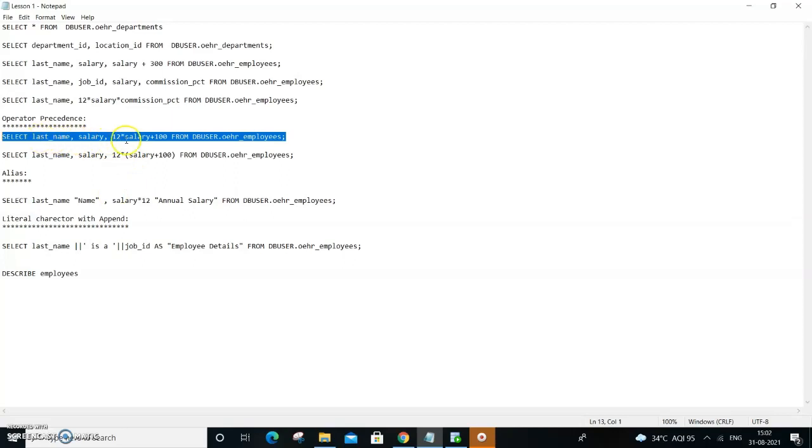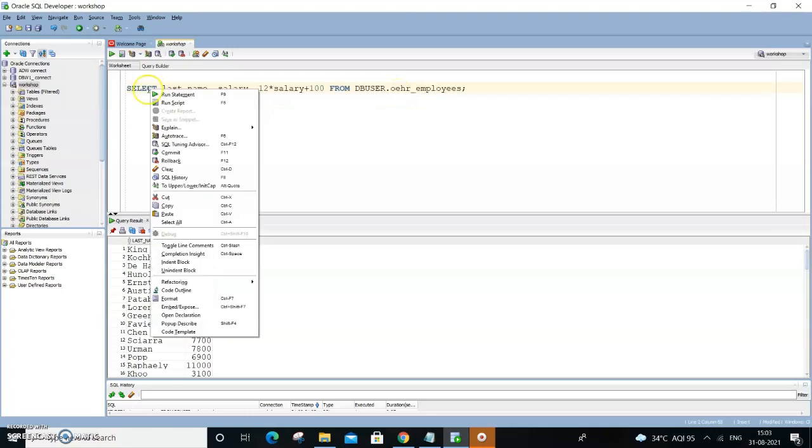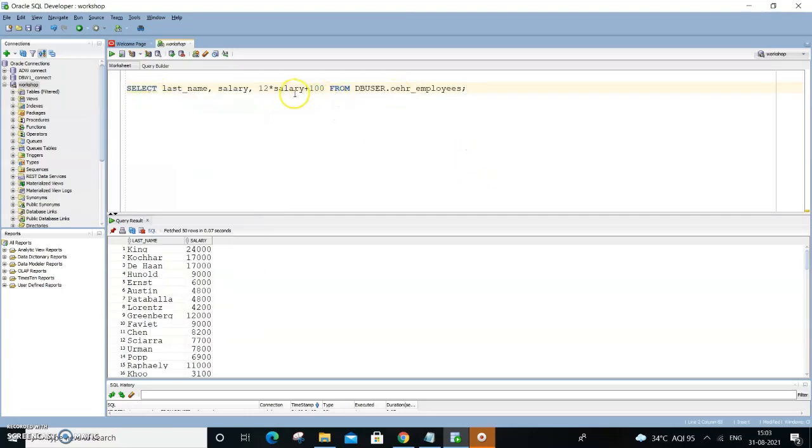The first one we can try is the precedence, and how it works, because here the parenthesis plays a critical role. Otherwise, as we discussed, it is going to perform 12 times the salary plus 100. The first one, here it is. So if you execute this,